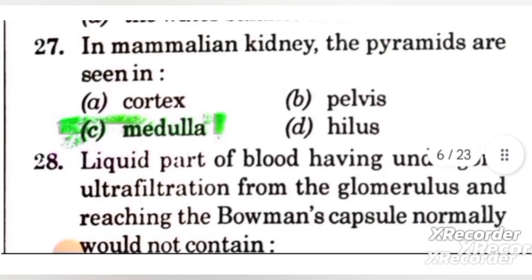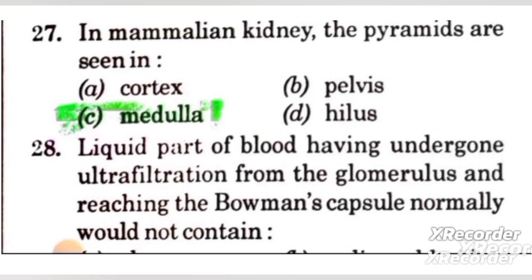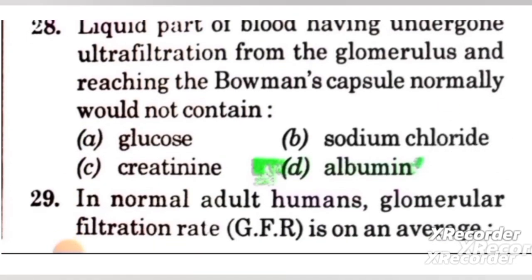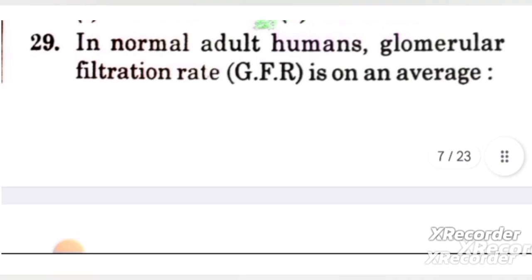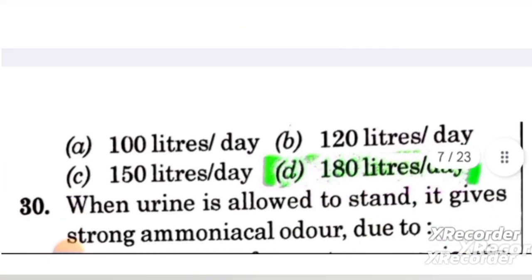Next, 27. In mammalian kidney, the pyramids are seen in answer C: medulla. Next, 28. Liquid part of blood having undergone ultrafiltration from the glomerulus and reaching the Bowman's capsule normally would not contain answer D: albumin. Next, 29. In normal adult humans, glomerular filtration rate, that means GFR, is on an average